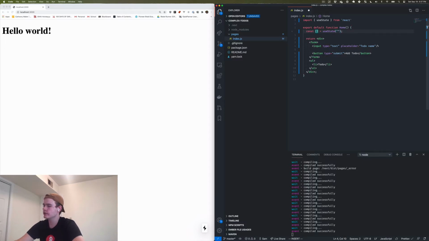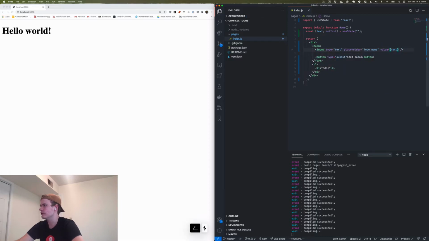I'm going to call this text for right now, and then the function to set it we'll just call setText. And then we'll wire it up right here on our input. The way we do that is we set the value property of the input to be our little text variable, and then we write a,